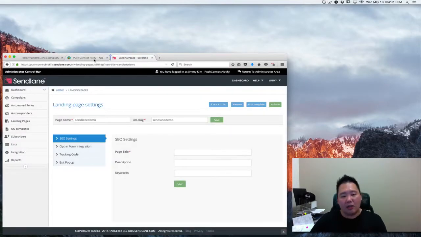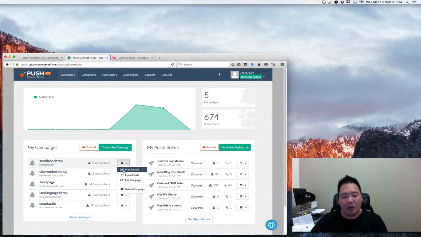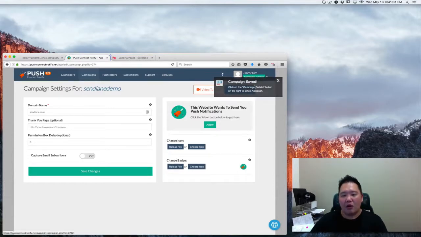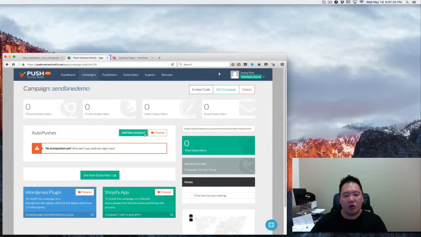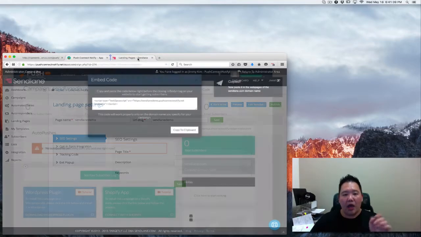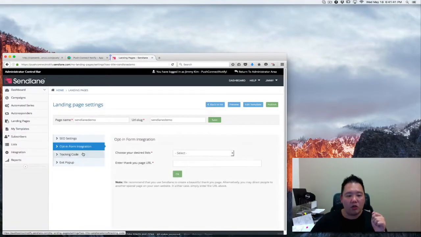Now, let's talk about the Push Connect Notify app. So I've already set this one up again. SendLane.com. I didn't set anything up here. I'm going to keep it really simple, straightforward, keep it real basic, and I'm going to hit save. And I'm going to go over here to campaign details, and I'm going to show you the embed code, right? So here I'm going to copy this code, and I'm going to go over here to tracking code,